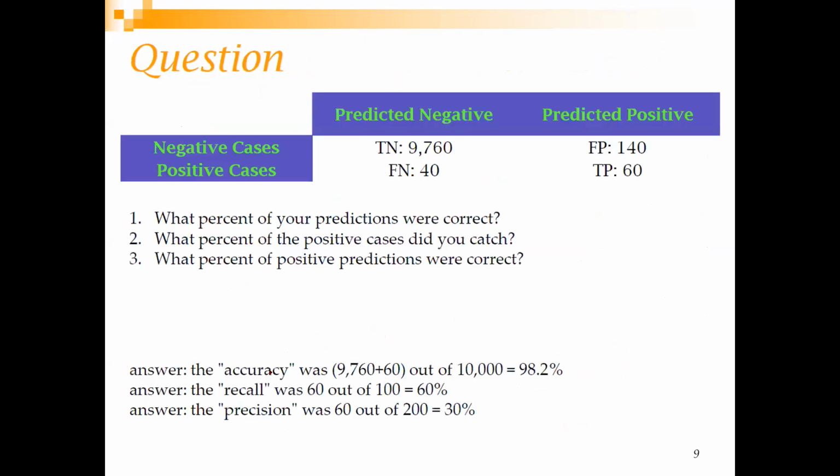Okay. So now here is a calculation. Follow this very carefully. Let's say this is your confusion matrix. So first you check that it is actually negative and predicted as negative. So this is true negative. This is actually negative and predicted as positive. So this is false positive.